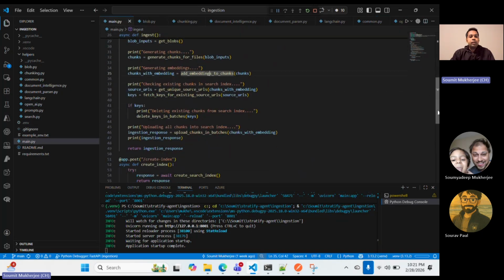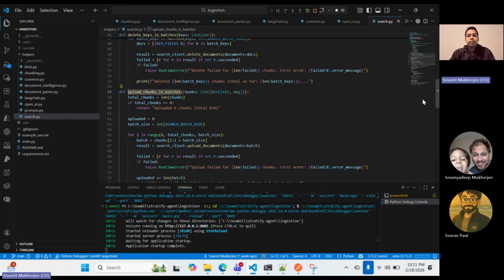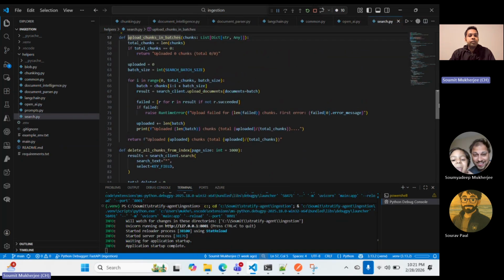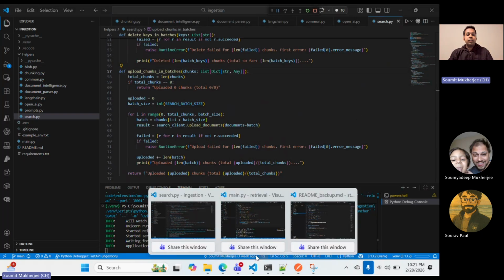Once this array of objects is ready, we have to upload the chunks into the Azure AI search index. If this is for the first time, we straight away upload the chunks in batches, or if it already exists, then we delete the chunks from the Azure AI search and then upload them. That will be done using the Azure AI search client object. So this is pretty much the ingestion process, and let's move on to our next application, the next FastAPI endpoint, which